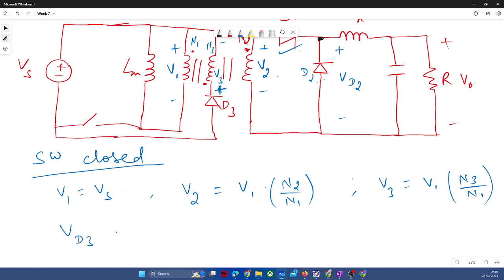What will be the rating of VD3? So if you apply the KVL, so you will see,